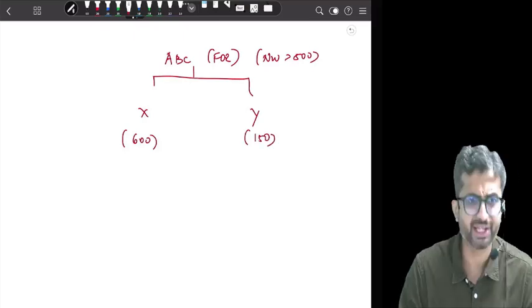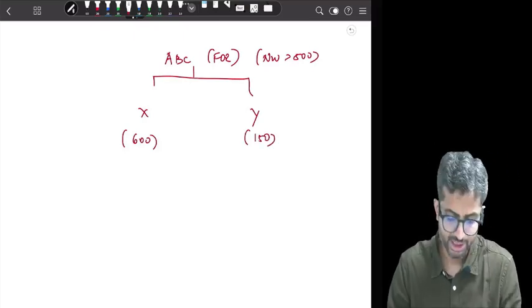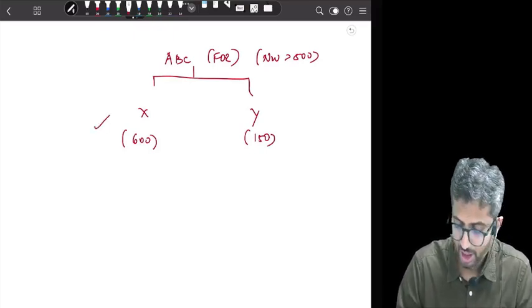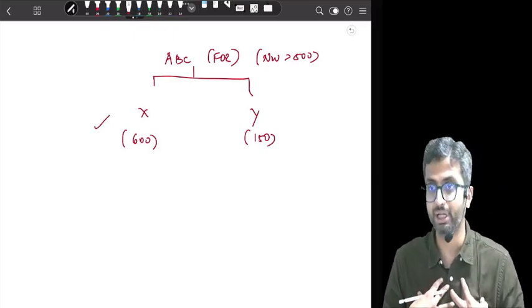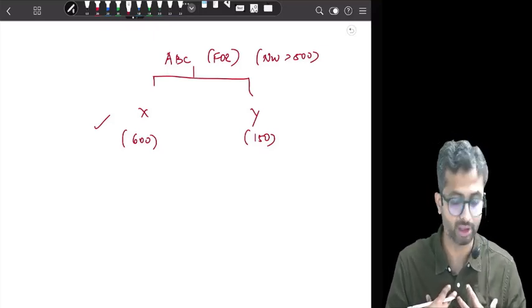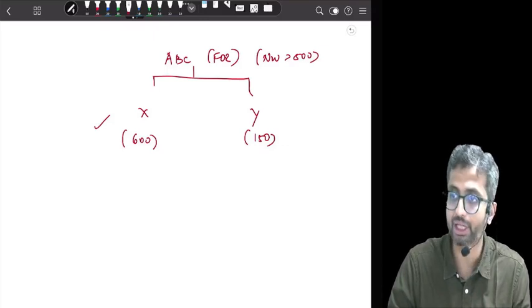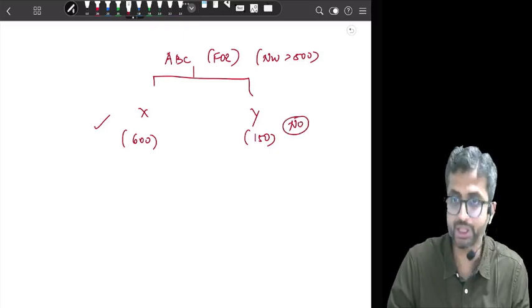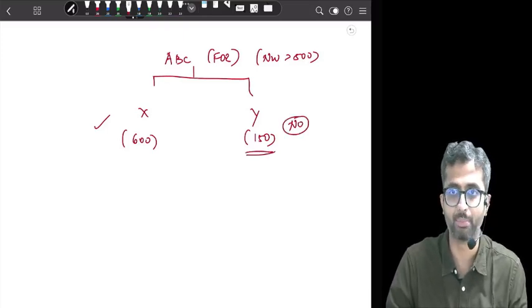150. Are X and Y Indian companies? Yes. Acha, will Ind AS be applicable to X? Yes. Because of its own applicability. It is not because of parent's net worth, it is because of own net worth. But will Ind AS be applicable to Y? Will it be applicable? No. For its own net worth, it will not be applicable.